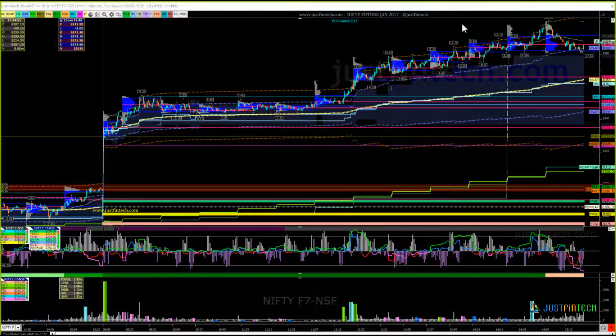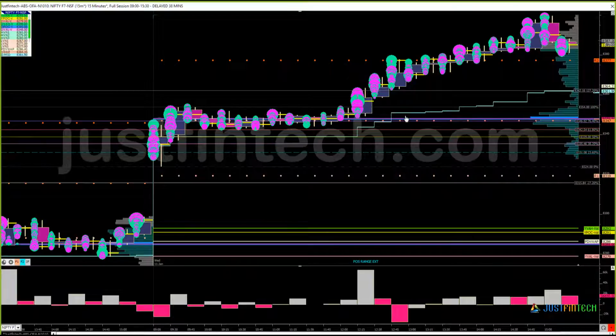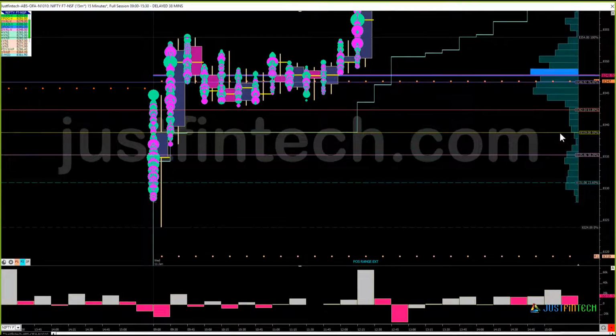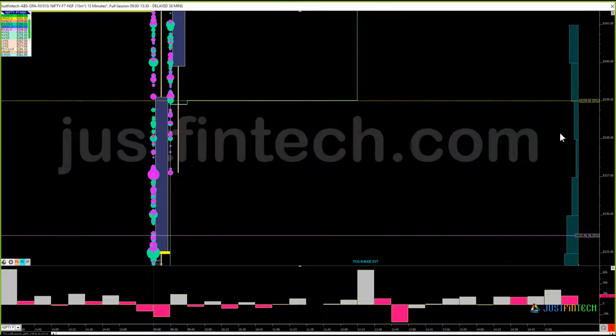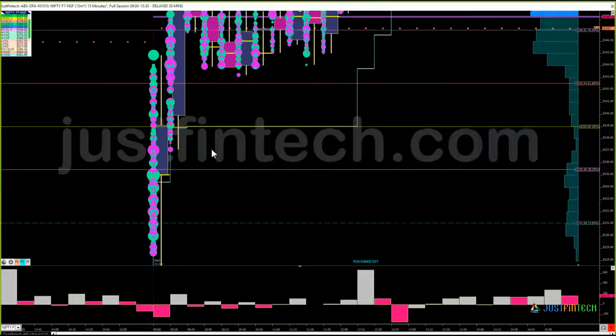Now let's have a look at the 15 minutes. Let's see what the delta was doing. This is how the delta gets created. This is an automatic feature of InvestorRT, delta dots, and this gets created at every tick. If I zoom in, these ticks were empty, Nifty is not traded at every tick. If I change the tick size to 1, we'll be able to see the aggregated ticks, but I don't want to see that, because when it's compressed